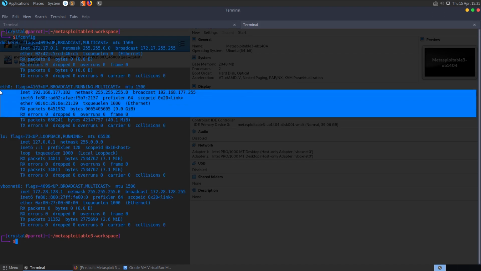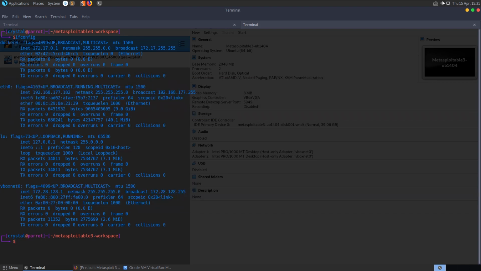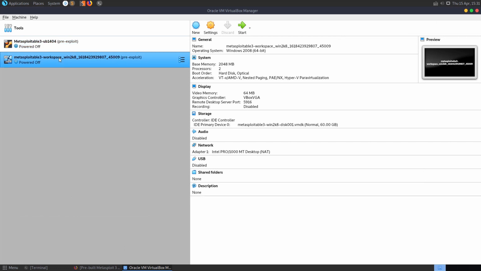You'd be using this IP range rather than this VirtualBox net, but there were no problems there. But the Windows Server 2008 edition did have some problems, and I saw a lot of issues on VMware forums about similar issues whereby essentially there's no network adapter, you're not able to install VMware tools, you're not able to do very much in it. But I didn't have any problems at all